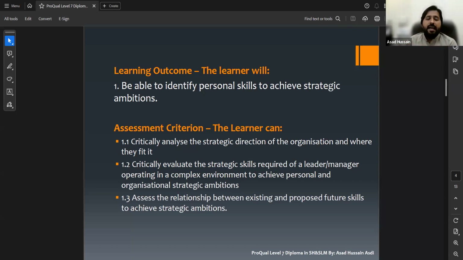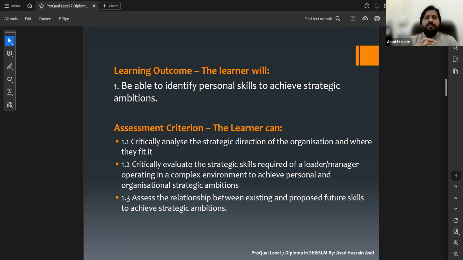So the first thing he has to do is critically evaluate the strategic skills. After that, he has to adopt them, because without adopting those strategic skills, he can never become a strategic manager.